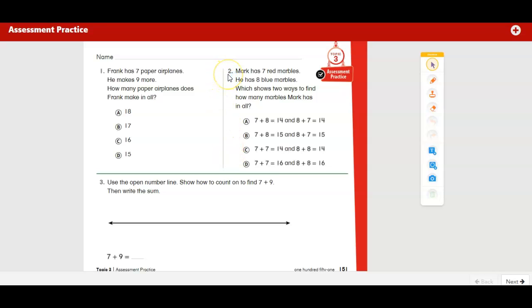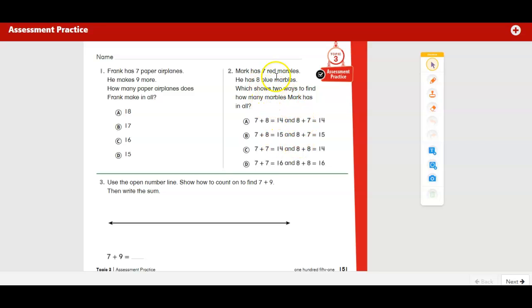Question 2 says, Mark has 7 red marbles. He has 8 blue marbles. Which shows 2 ways to find how many marbles Mark has in all. So it wants us to pick an answer choice that shows 2 ways to find how many marbles Mark has in all. So as you're looking through your answer choices, make sure that both of the equations represent how Mark